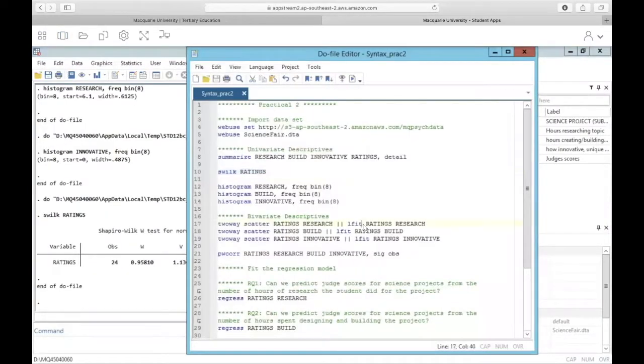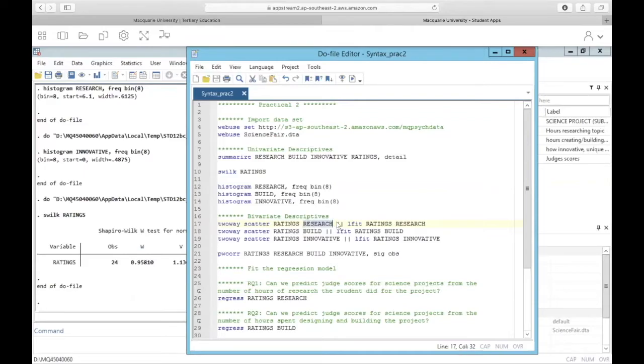Okay, and let's first get our scatter plots. The command here is twoway scatter. And we're going to do a scatter plot for our dependent variable, ratings, on all three of our independent variables. And a little hint here, whatever variable you label first after twoway scatter will go on the y-axis,